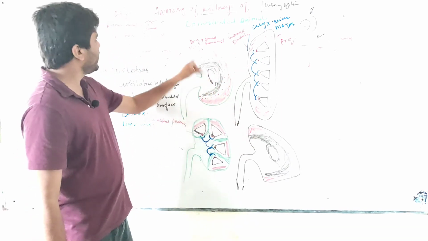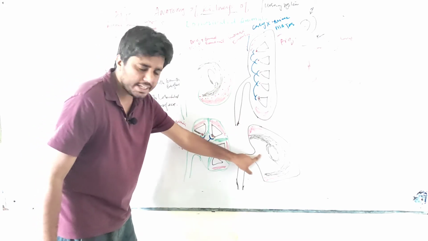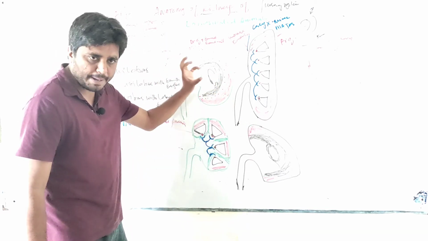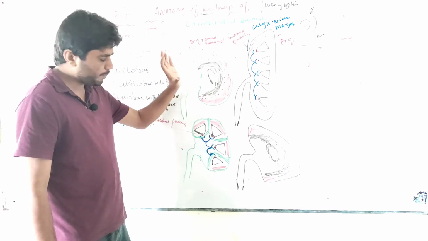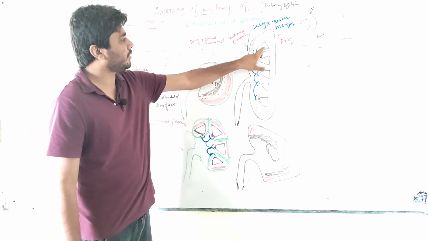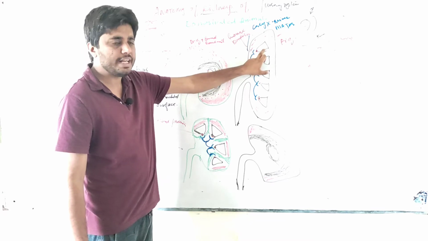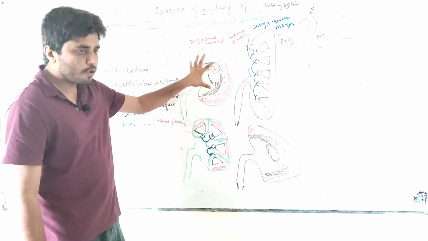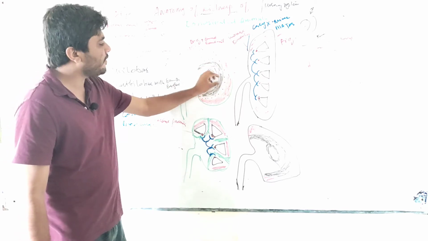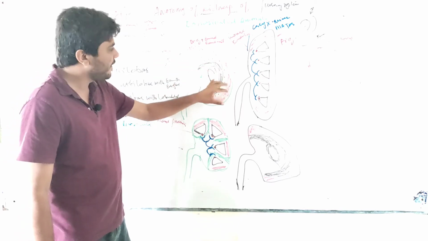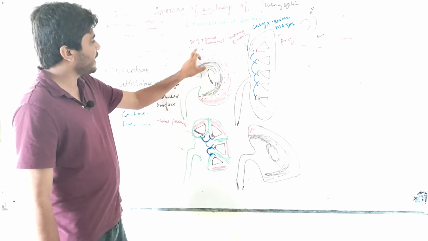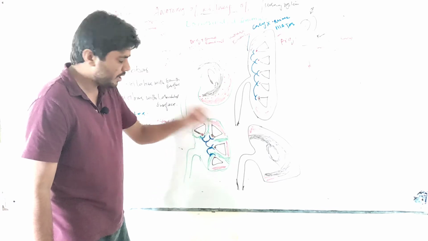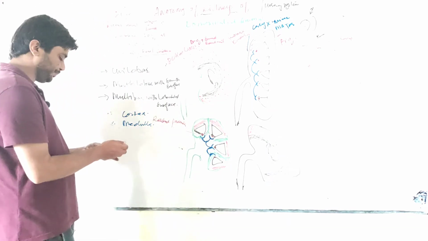In small ruminants and in equine, we have what? A single papilla, a fused papilla. Here the medulla is divided into pyramids, and each pyramid has a separate papilla. Here we have a fused medulla and a single fused papilla which opens into the pelvic crest or renal crest. Is that clear?